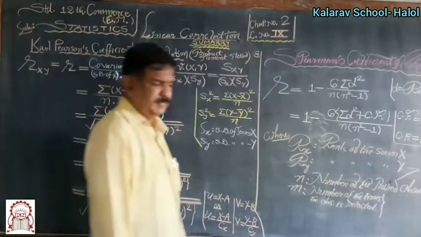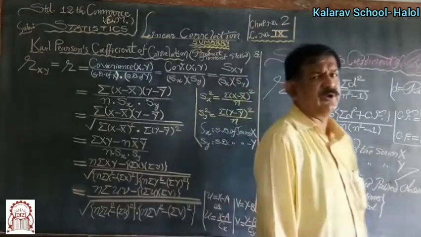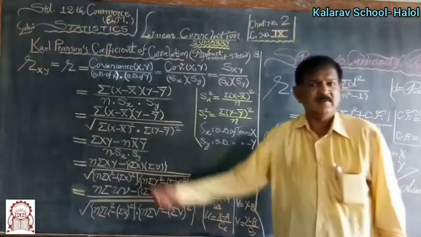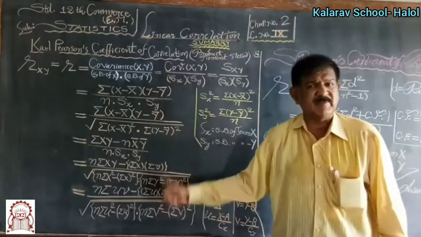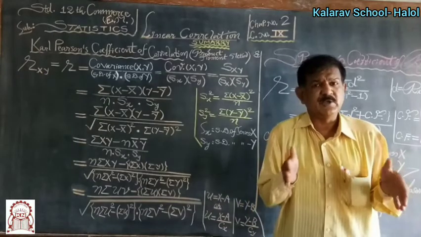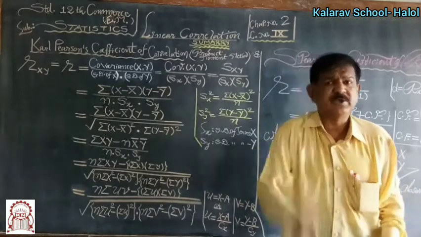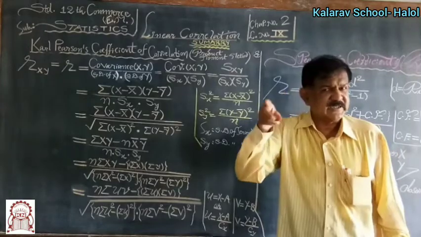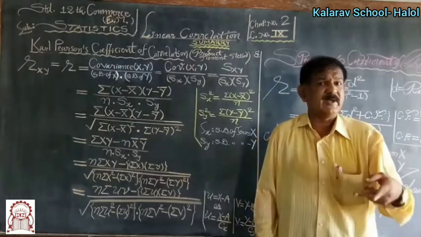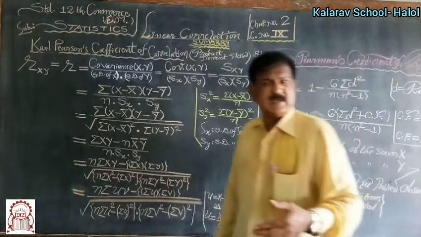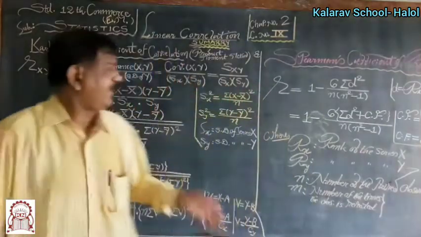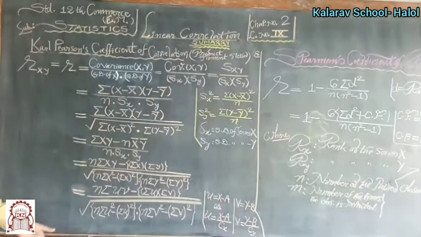Karl Pearson coefficient of correlation is also known as the product moment method. These are the various formulas. This is the summary of the chapter, which is very useful to compute examples as well as short type examples in section C and in section D for 2 marks and 3 marks. If an example is asked, then you may apply one of the formulas given here.